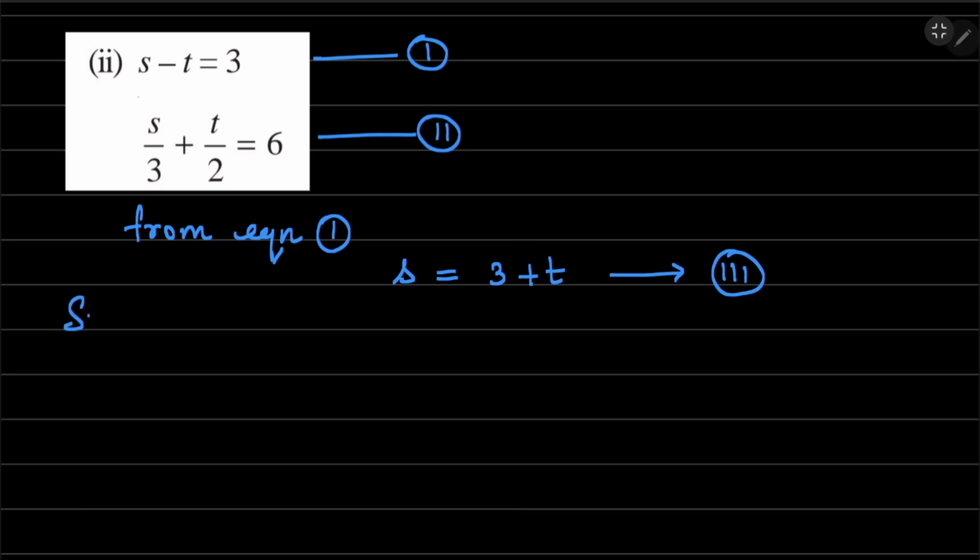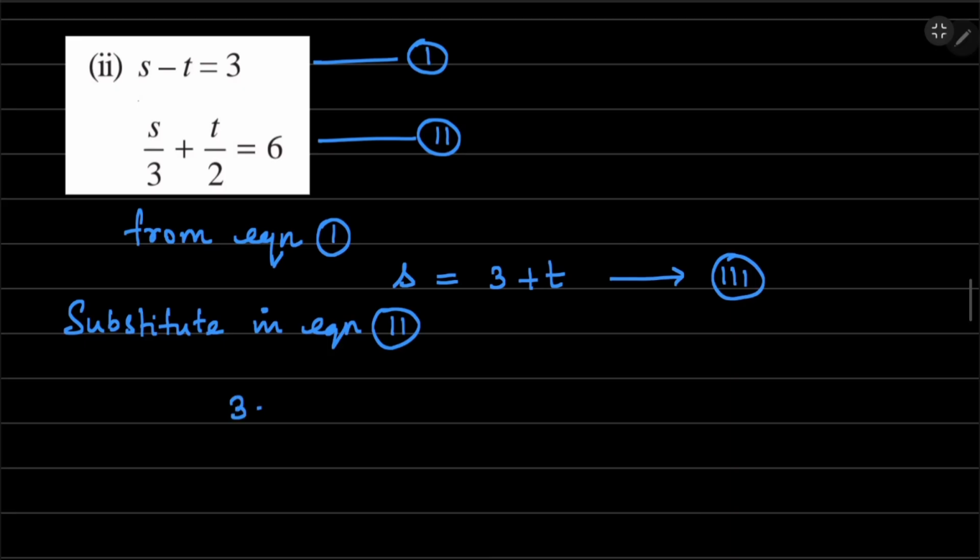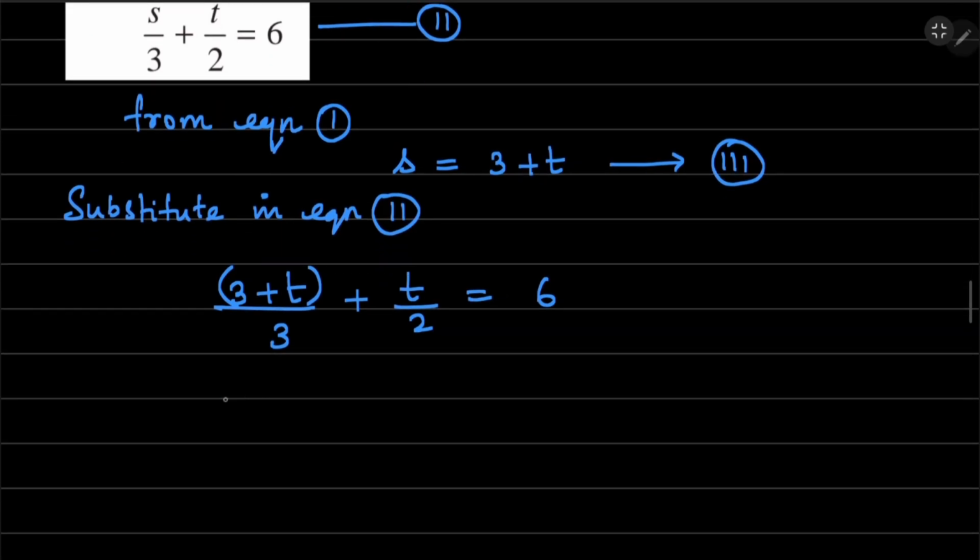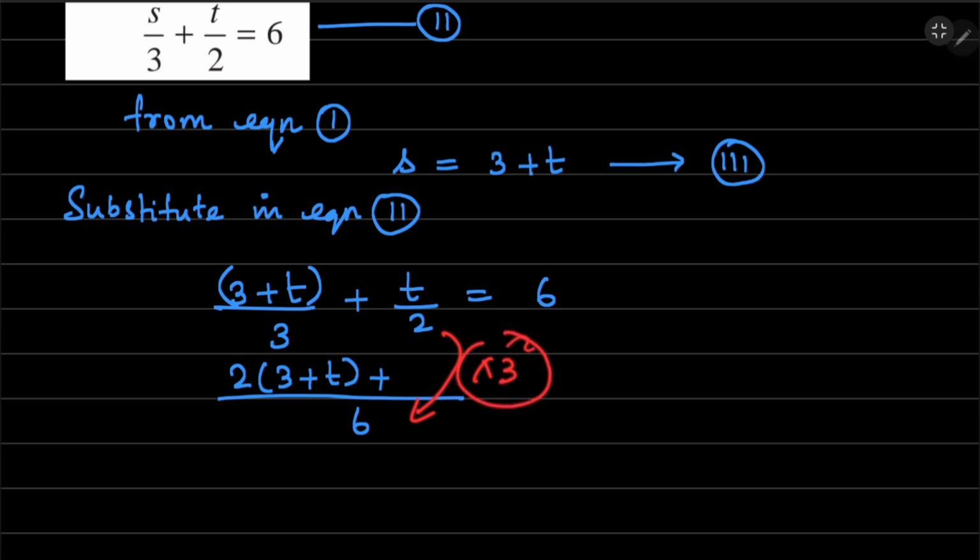And then you can substitute in equation 2. So in place of s, what do I write? 3 plus t whole divided by 3 plus t by 2 is equal to 6. Take the LCM. LCM is 6. So 3 2s are 6. So 2 multiplied by the numerator, 3 plus t, plus 2 multiplied by what will give you 6? 2 multiplied by 3. So this 3 has to be multiplied with the numerator. So it's 3t